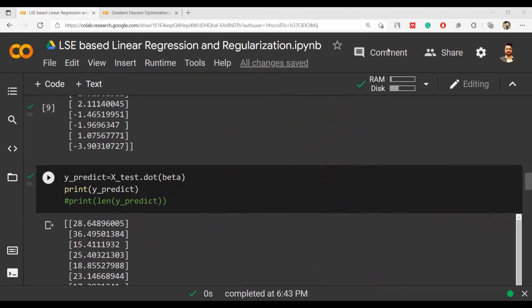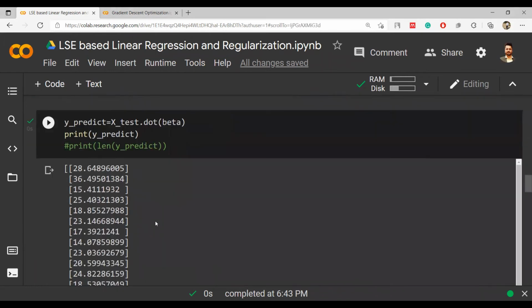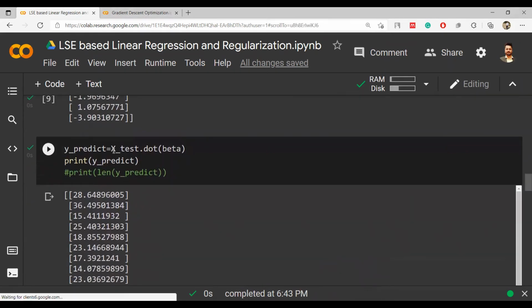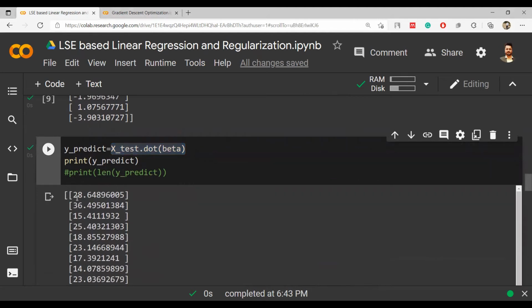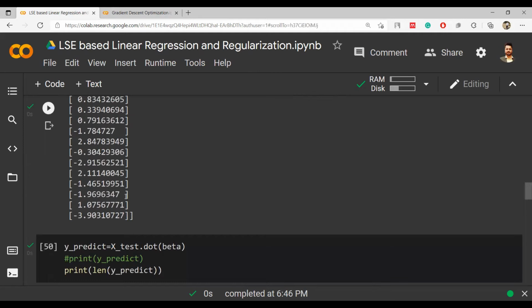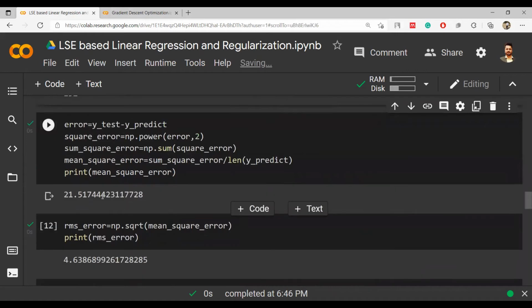तो इस केस में क्या होगा कि ओके वी हैव गॉट द वैल्यूज इन वाई प्रेडिक्शन एंड ऑल द वैल्यूज आर 152। 152 है क्योंकि वी हैव ऑलरेडी सीन अबव, यहाँ पे हमारा जो वाई टेस्ट था वो 152 था, जो हमने प्रिडिक्शन करा है वो भी। अब मेरा जो प्रिडिक्शन आया वो एक्स टेस्ट के ऊपर आया है, एक्स टेस्ट वाला जो पार्ट था उसके बेसिस पे हमने उसको डॉट प्रोडक्ट करवाया बीटा के साथ, एंड वी हैव गॉट द वैल्यूज जिससे हमें ये मिल गए सारे वैल्यू 152। एंड नाउ हम उसकी लेंथ प्रिंट करा लेते हैं, एंड दैट इज 152। सो नाउ वी हैव टू चेक द एरर, और एरर चेक करने के लिए मल्टीपल वेज हैं।